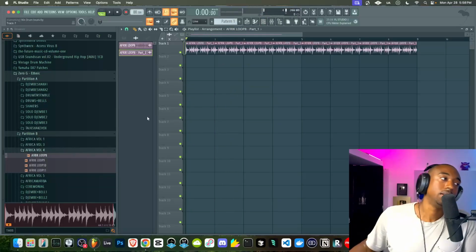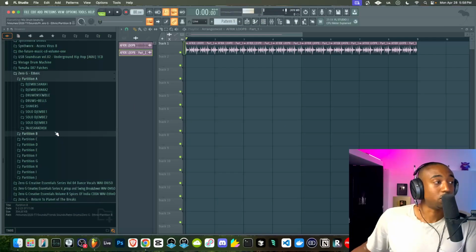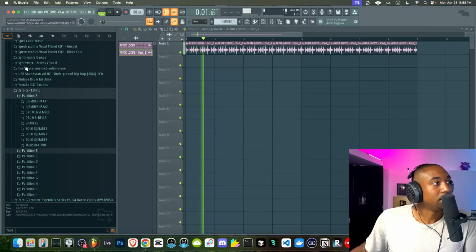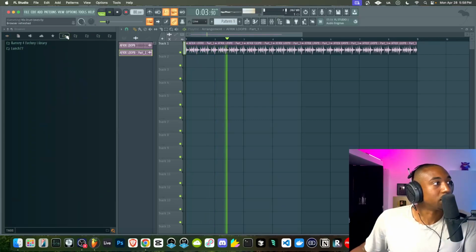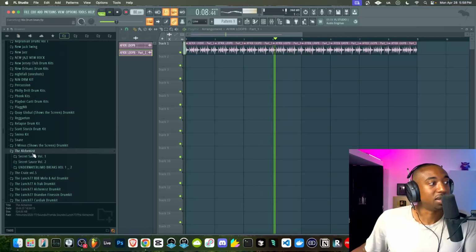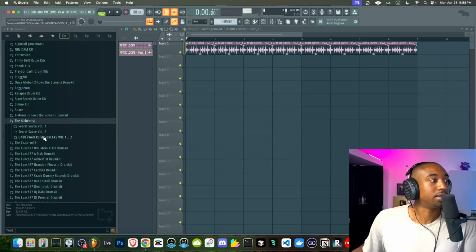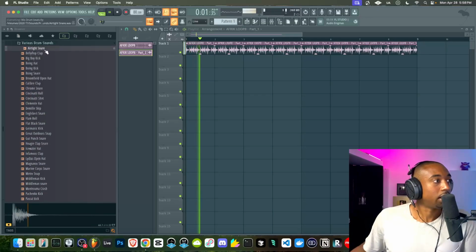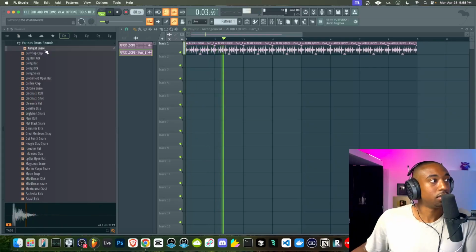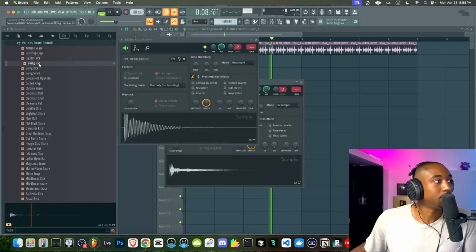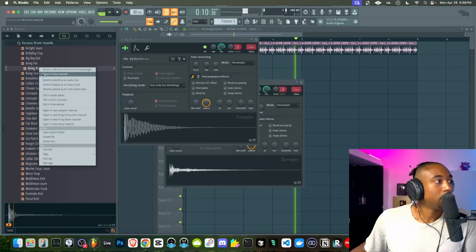So now the next part, you guys could optionally chop up a drum break. You could rearrange a drum break, or you could use one shots. For this example, we're just going to use one shots to keep this really basic. Let's just use something like the Alchemist drums or something. And we just need to find a kick and snare that match this specific sample. This is the part that people kind of don't take time on. You need to make sure your drums match the timbre of the sample. Like this snare does not go with this sample, like that clap does. This kick does, more of a Timbaland kick. We could use that kick.